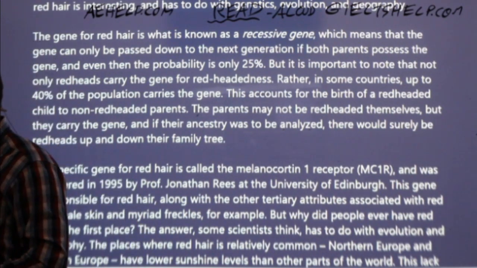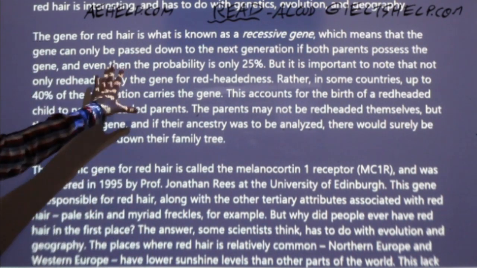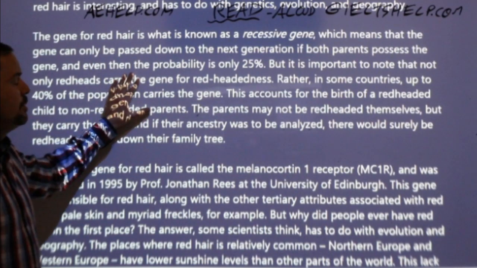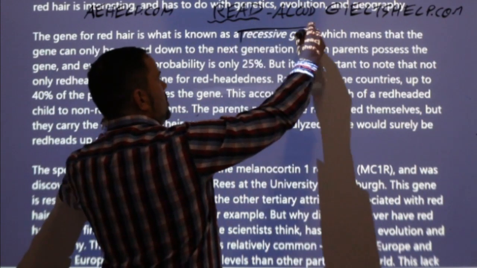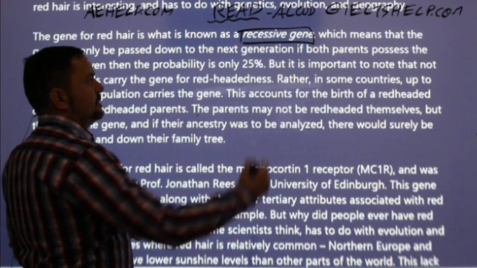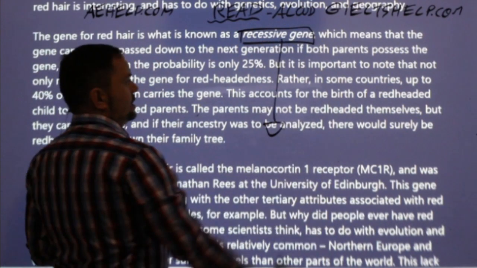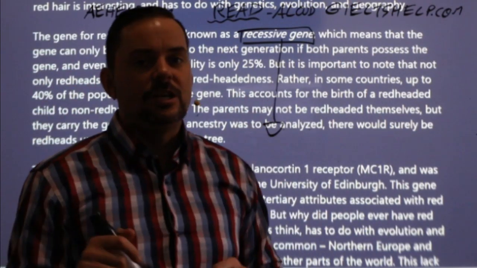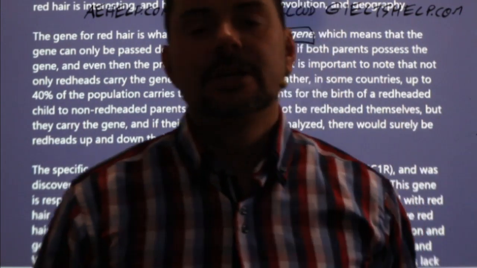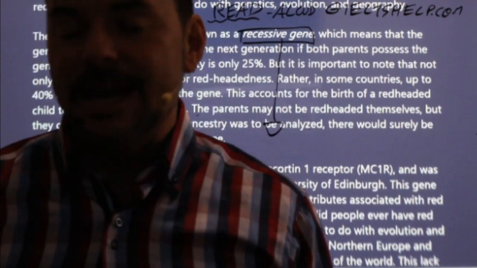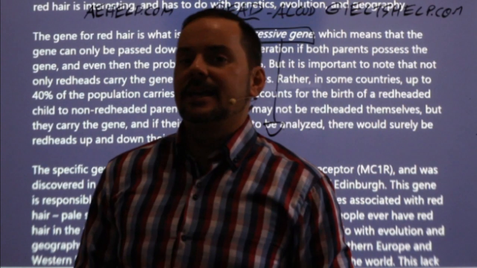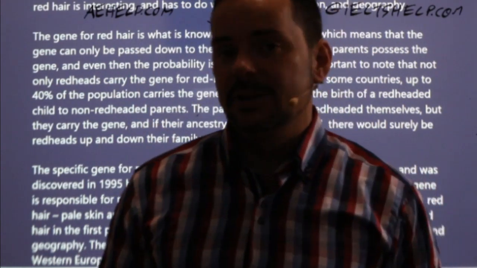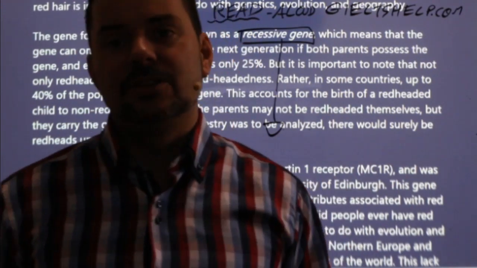Okay, so interesting, visualizing a little bit about genetics. It's a recessive gene. Bonus question. What's the opposite of a recessive gene? So if the recessive gene is the weaker type of gene where both parents have to have it in order for the child to maybe have it, what is the counterpart of a recessive gene where one parent is enough to have it and there's a good chance that the child will have it?